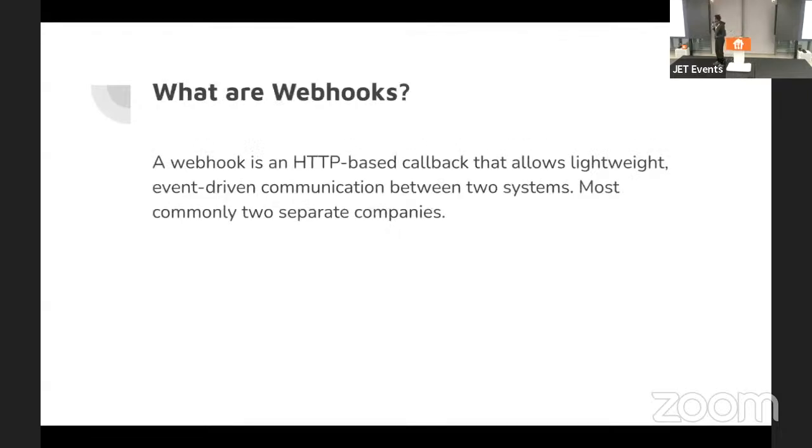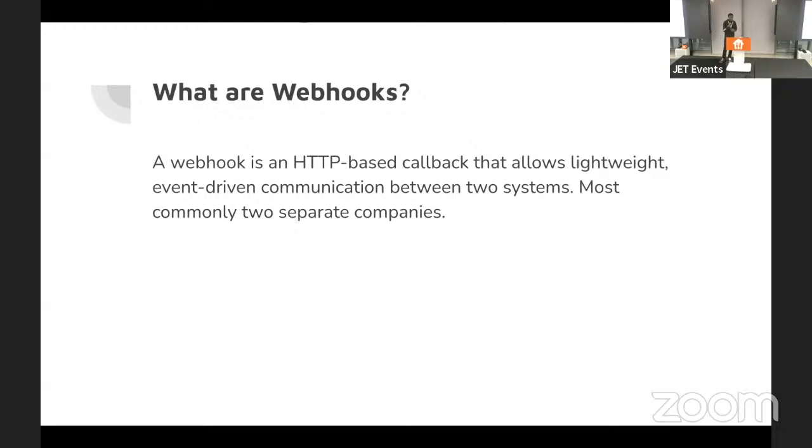Okay, so let's jump right into it. This is just for the sake of completeness, right? What are webhooks essentially? So if you look through the slide, you have a complete picture. Webhooks are the standard way we do event notifications on the internet. In our companies or internally in the organization, like the previous talk, we use systems like NATS, Kafka, just any message broker of choice. But when you come to the internet and you're connecting SaaS business to SaaS business, webhooks are the de facto way we do event notifications.